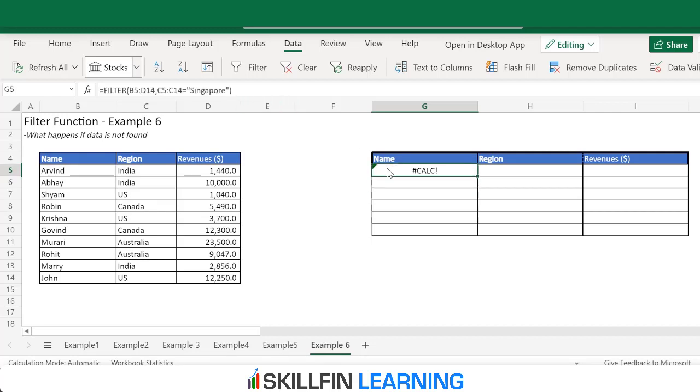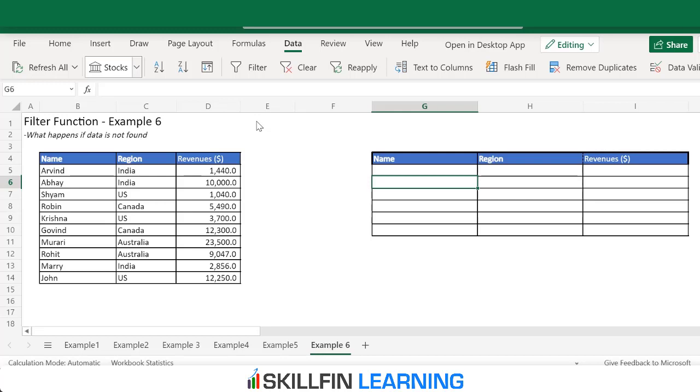In case we don't want to show this error, we can use the third option, which is if_empty. So we'll modify this formula, put a comma, and then put inverted commas. If the region is not found, then give blank. Press enter, and we see that the error is gone. So this is how we can use the third argument.